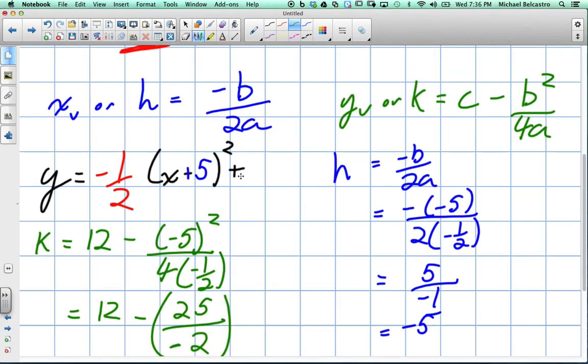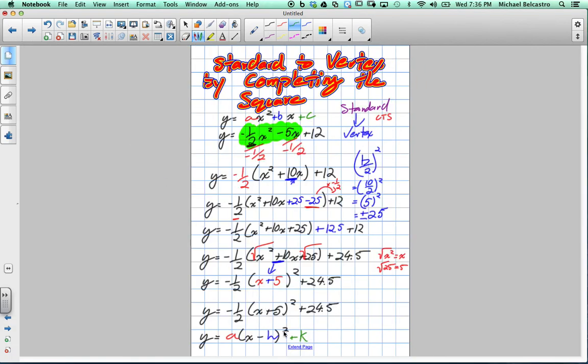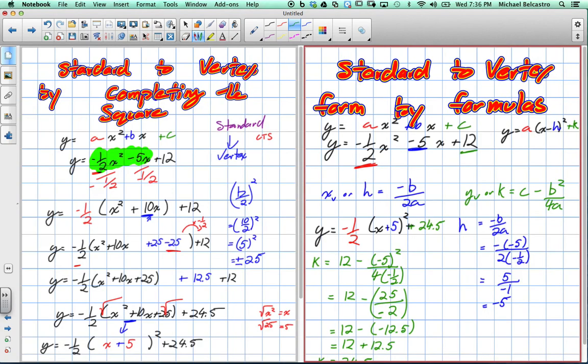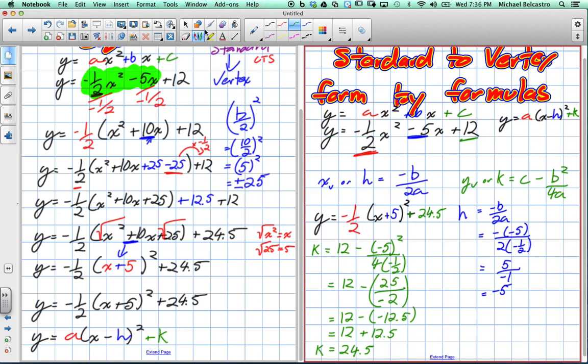Which means I get positive 24.5. Luckily, it's already positive. If it was negative, I would have to change that. And we actually just did this question by completing the square. So remember, let's take a look, see if we got the same answer. Positive 5 and positive 24.5. And look at that. Positive 5, positive 24.5. So I'm going to compare the both of them. And that's the difference between the formulas and the actual completing